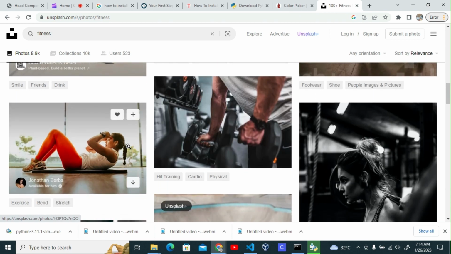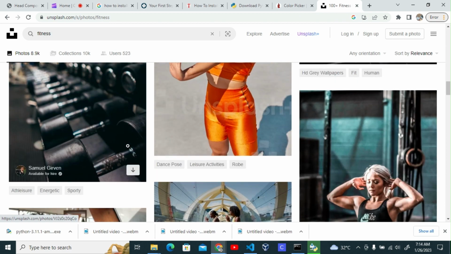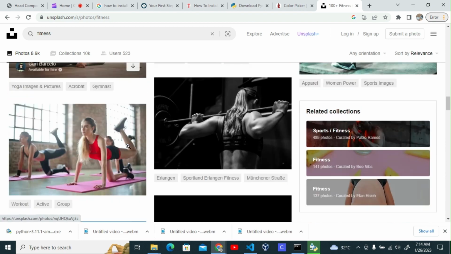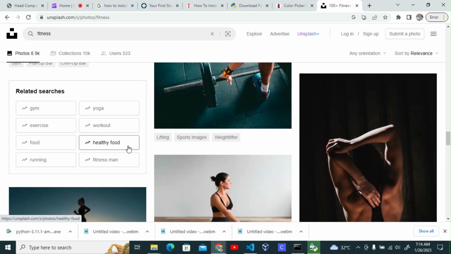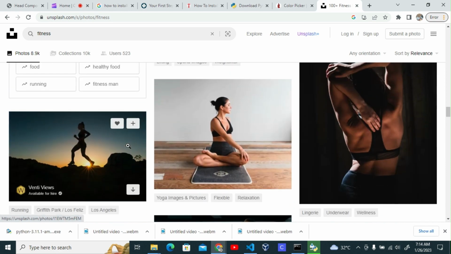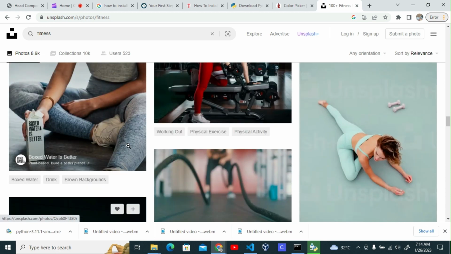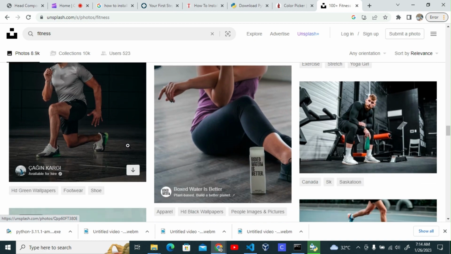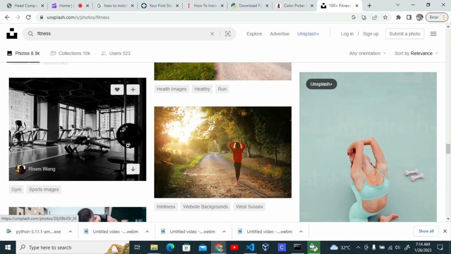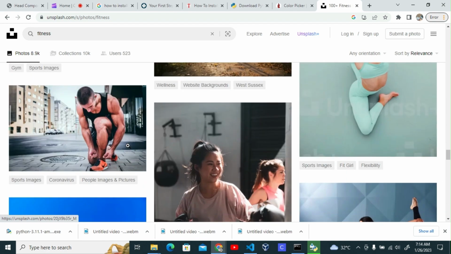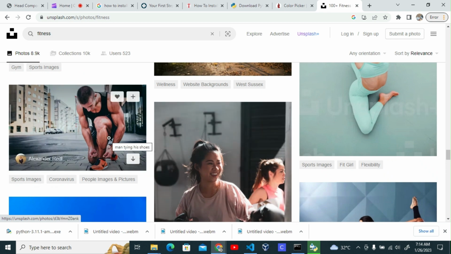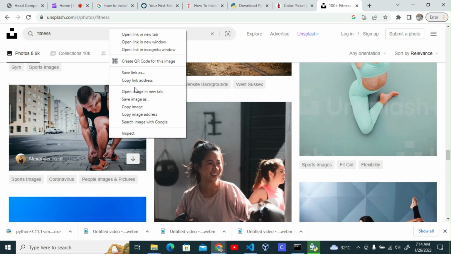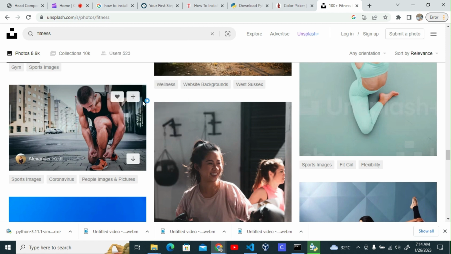I want something clear, something good. Okay, I think this is okay. I like this guy. I love the boots. So I'm going to save this image,